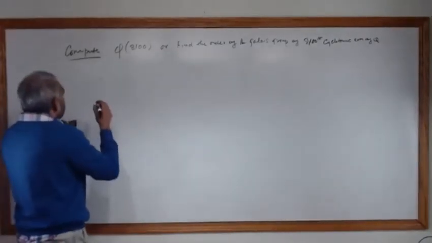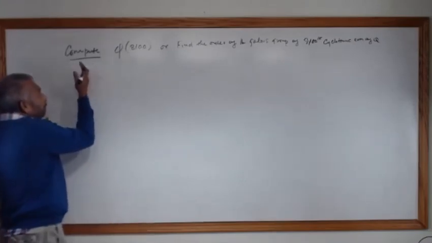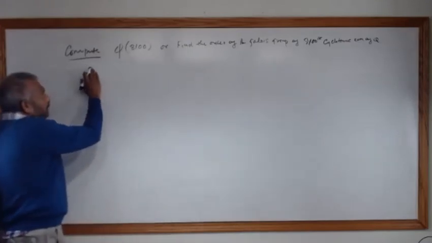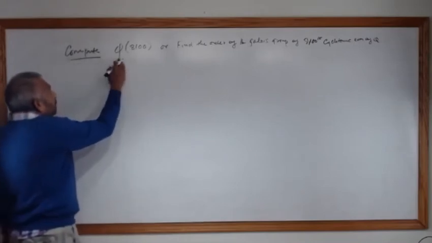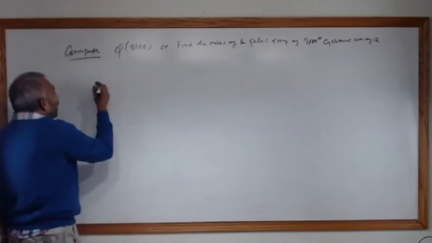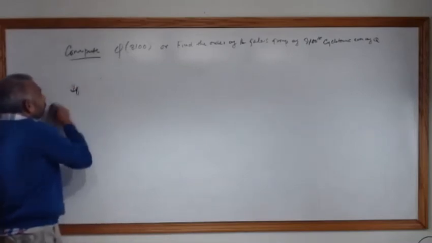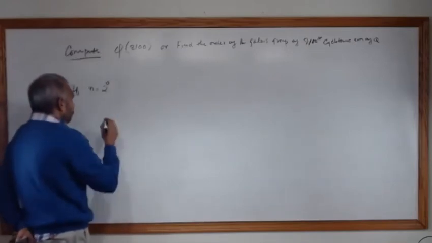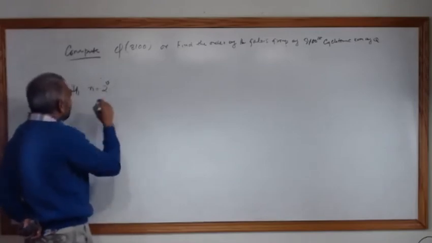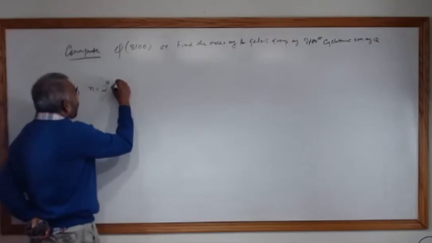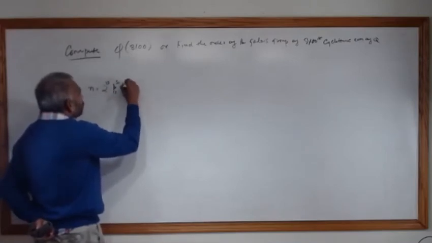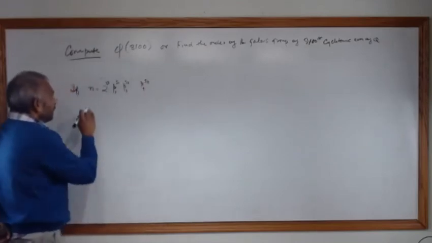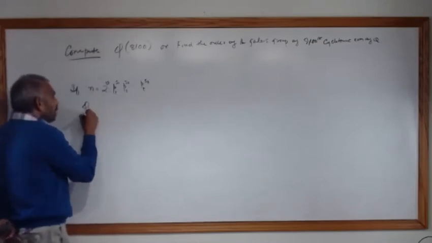So the idea is, this is actually not a problem in the cyclotomic extensions, because this is actually computing the numeric value of this, and we know that if n is equal to 2 to the power of v times p1 to the power of s1 times p2 to the power of s2 times pt to the power of st, if n can be written like this, then the Euler function phi of n